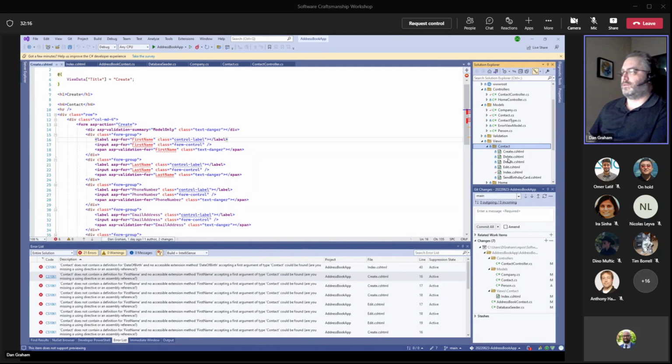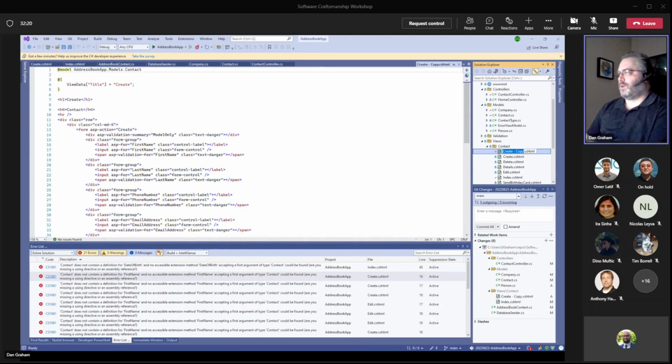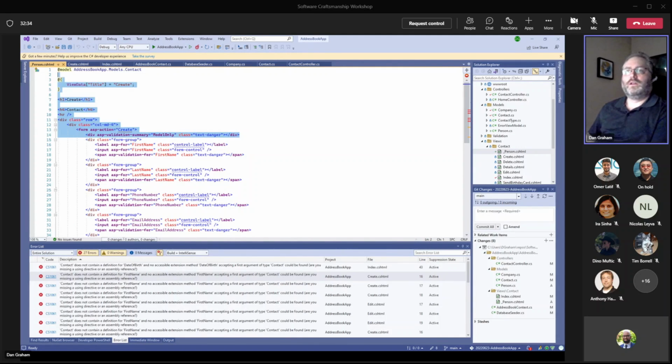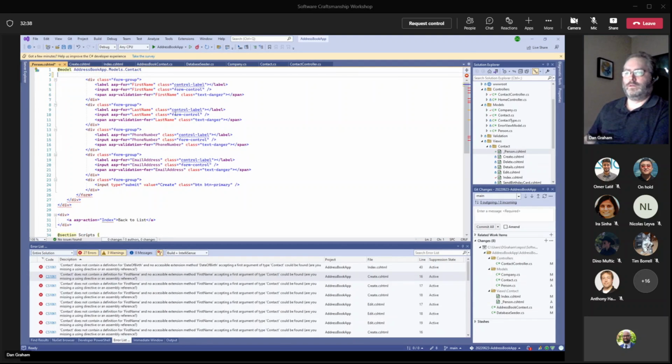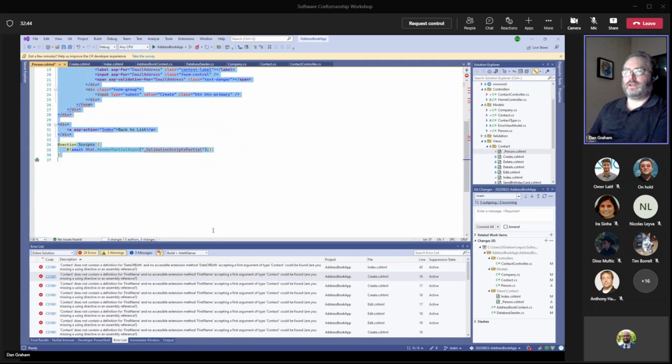I'm going to start with my existing create. I'm going to make a duplicate of it, and I'm going to make a partial view from that. I'm going to call it person. It's something called convention over configuration here when I do this. So I've just duplicated that, and I'm only going to keep in here the parts that are specific to person. That's the first name, that's the last name. Take all that out,